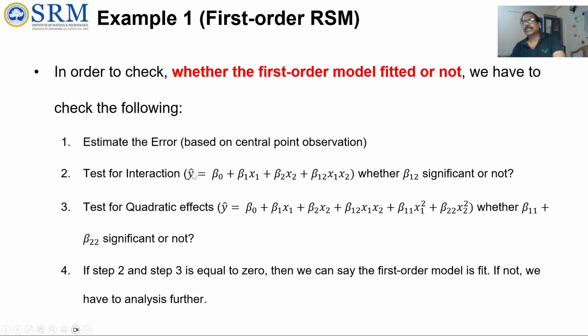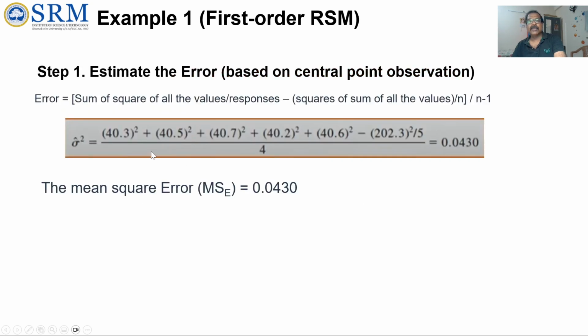So now we need to understand whether the first order model fits or not. For that we need to estimate the error, we need to do the test of interaction, and we need to calculate the test of quadratic effect. So how do we estimate the error? The error term can be calculated from this. The first 5 values are at the current operating condition, 35 and 155. 5 repetitions they did. Each response squared and summed, minus